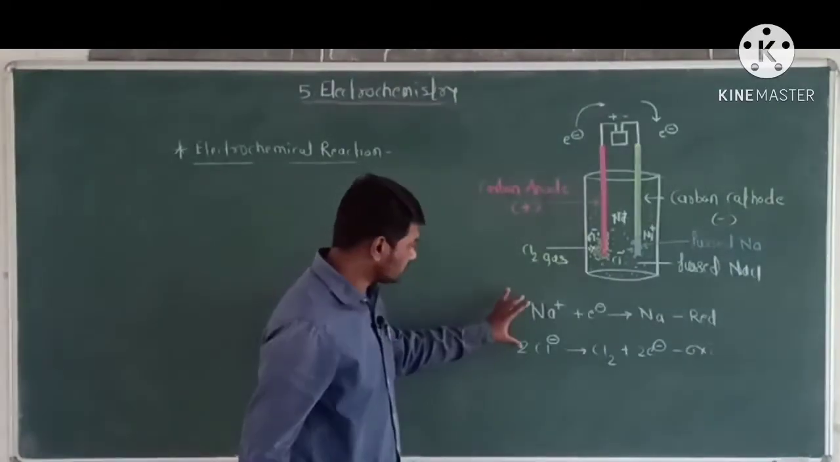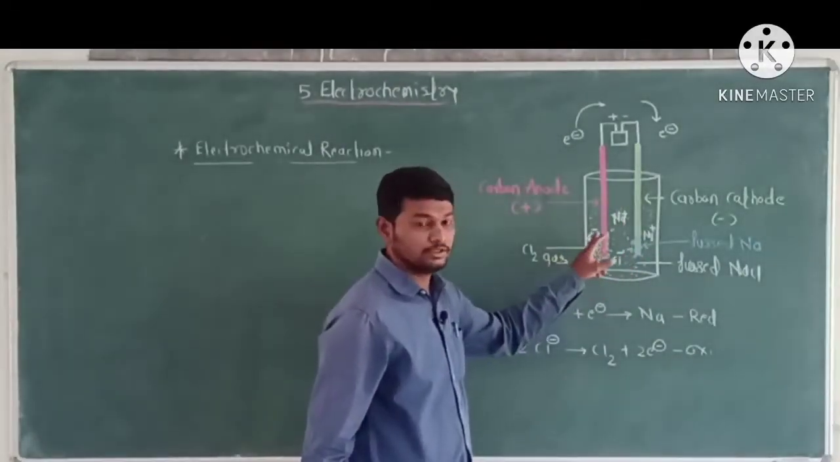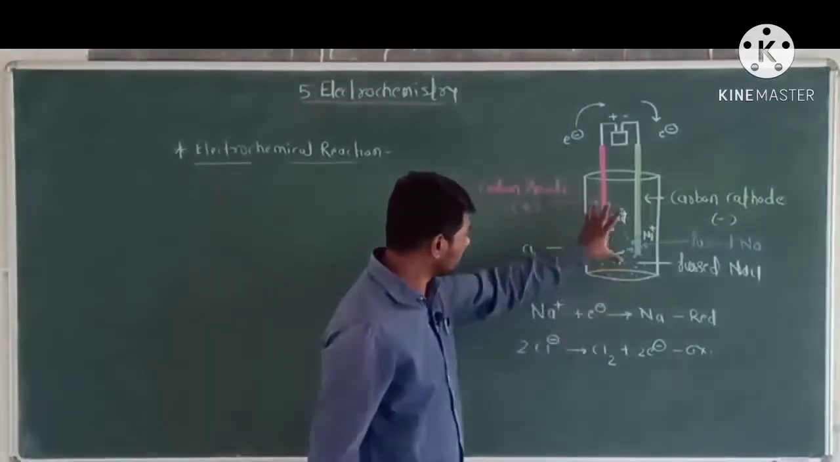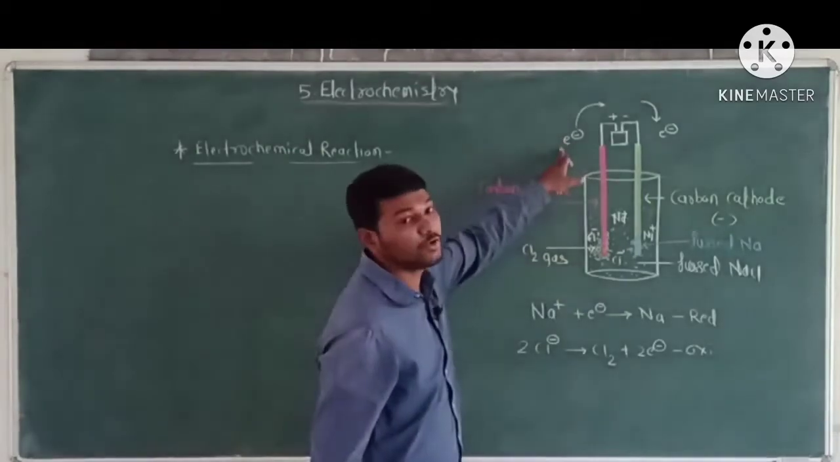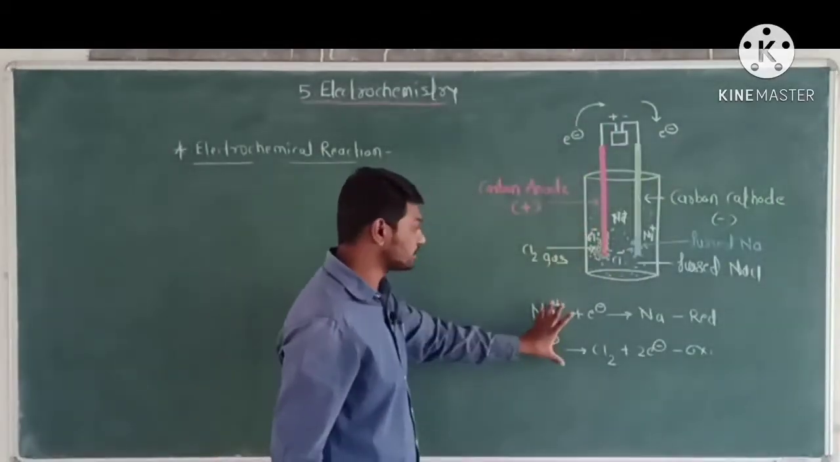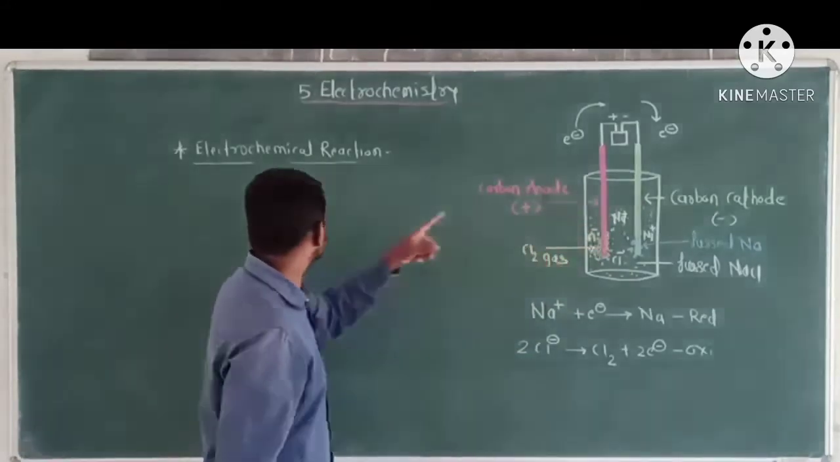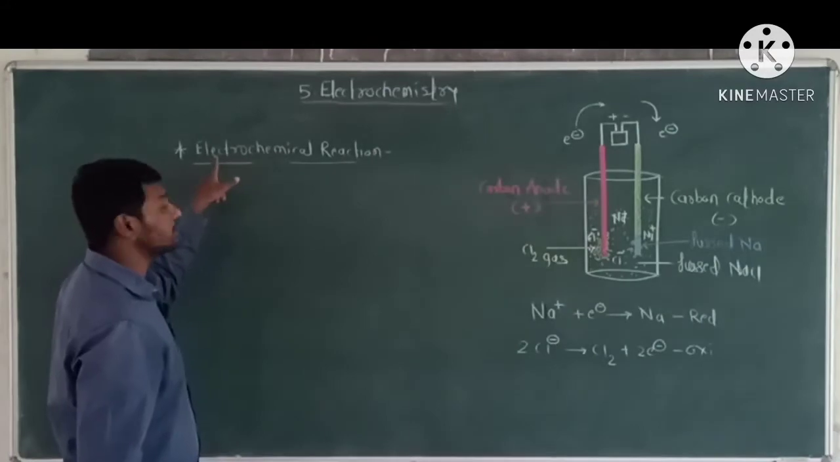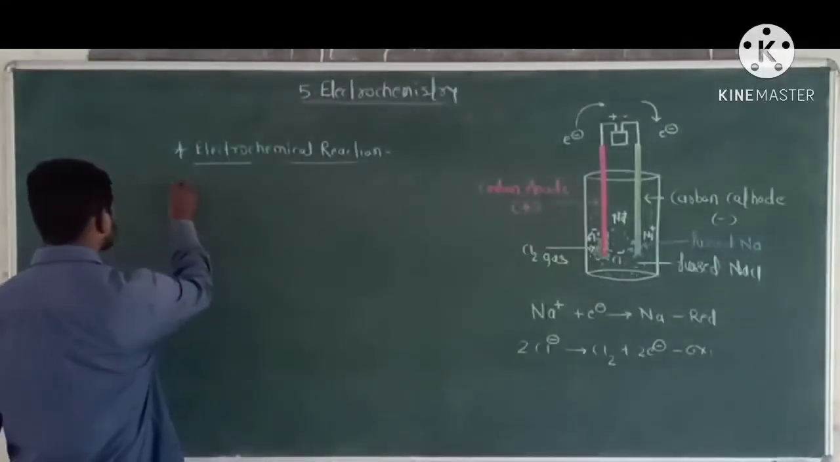These are the chemical reactions which occur in this electrochemical cell. During these chemical reactions, the electrons are transferred from one point, that is one place, to another place. Such a chemical reaction is called an electrochemical reaction. Okay. Now next,